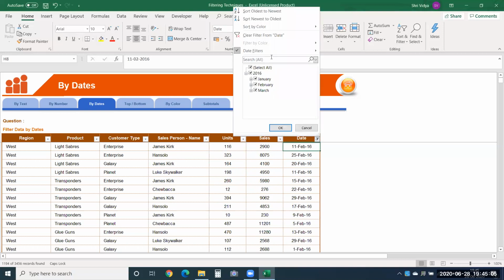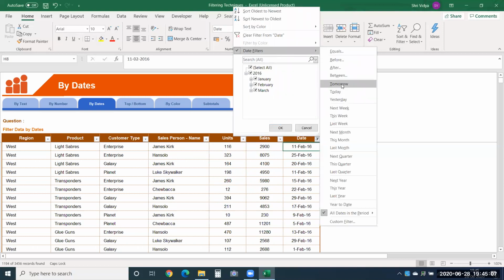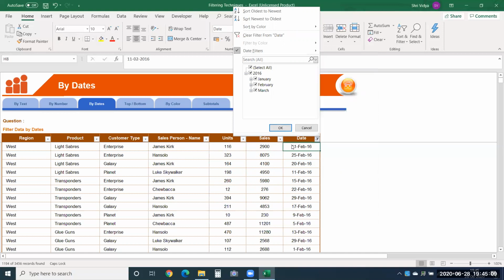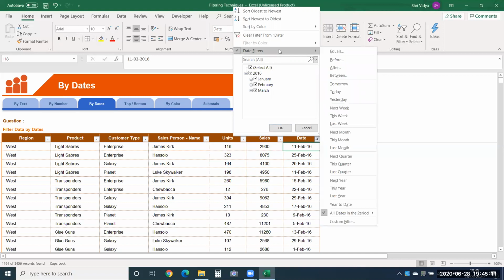I can't say today, tomorrow, yesterday because this data is of 2016. If I say today, it will take my current system date, and it will show me only when there is a current date available in the data. If not, it doesn't. The same goes for tomorrow, yesterday, next week, this week. This data is very old, so I can't use these options.